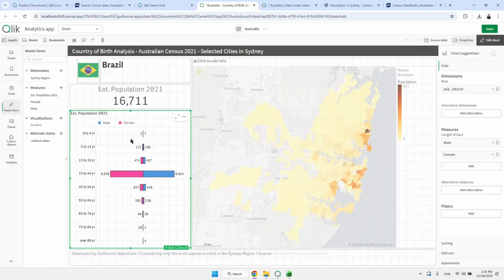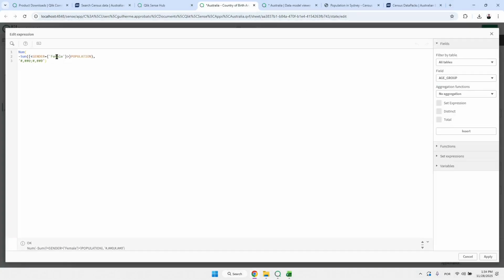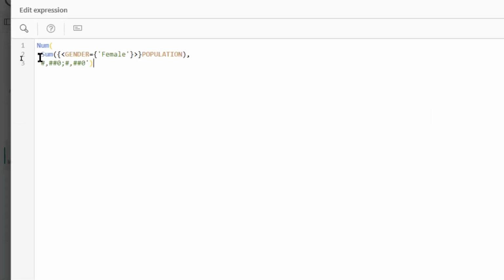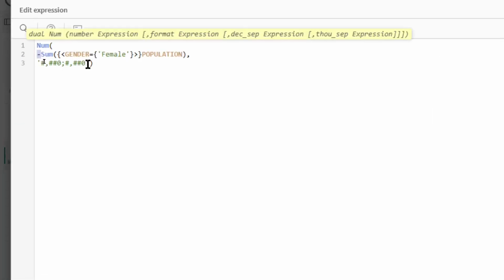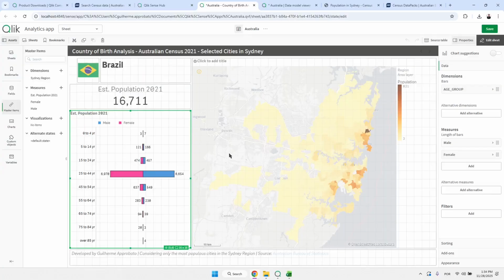Okay, so male is positive, female is negative, but using the num function, I keep it the same way. You can see that here I have a negative sign, but this format says that even if the number is negative, it will still display positive. Okay, that's why we have this effect here.